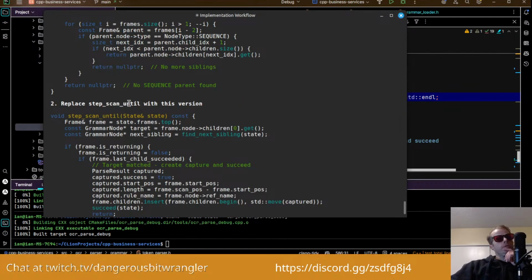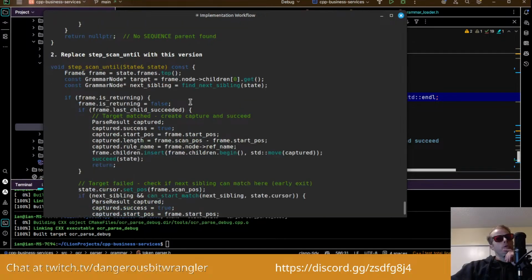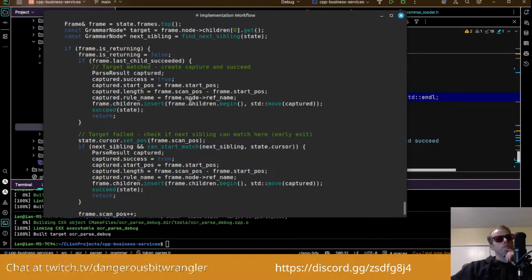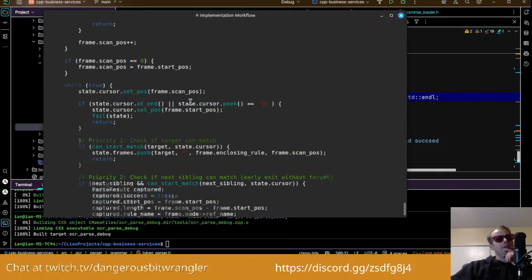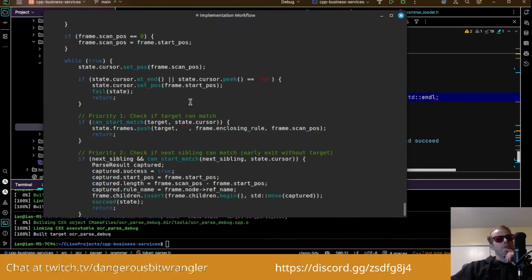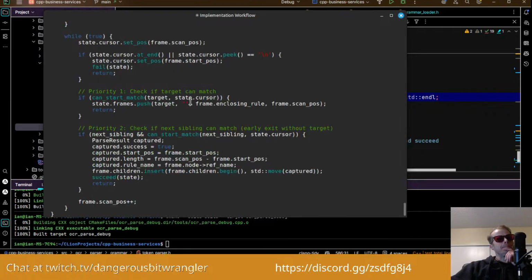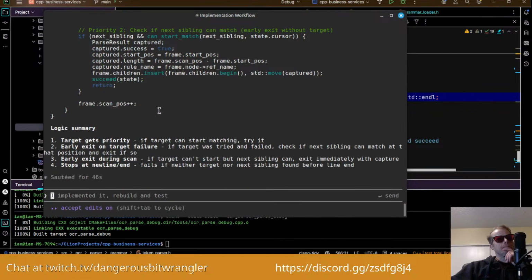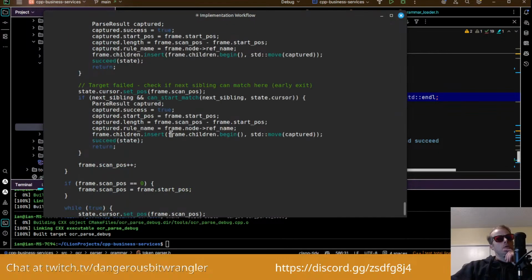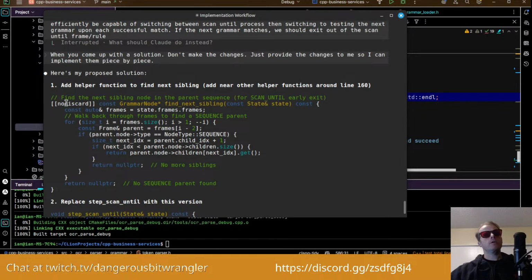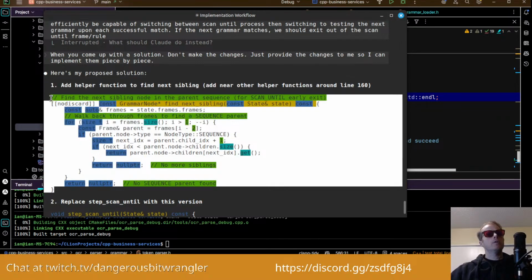Replace step scan until with this version. Okay. I have no idea what's going on here. Okay, let's just first implement the helper function. Let's take this guy and then let's